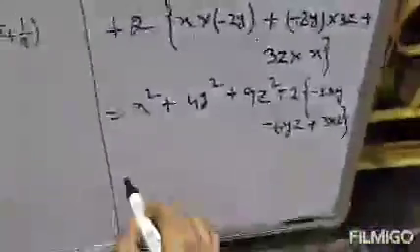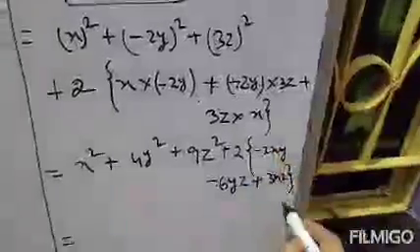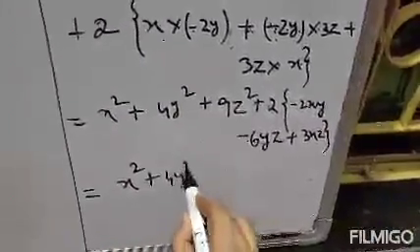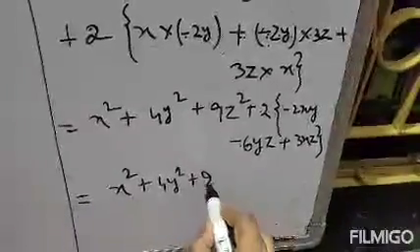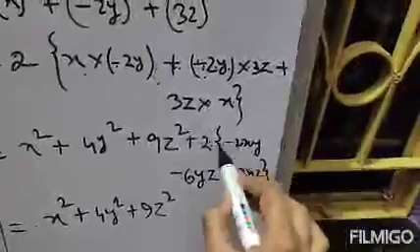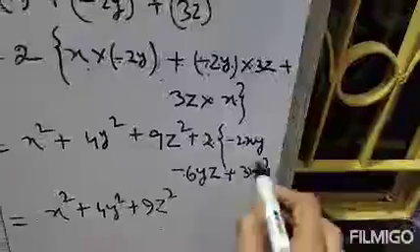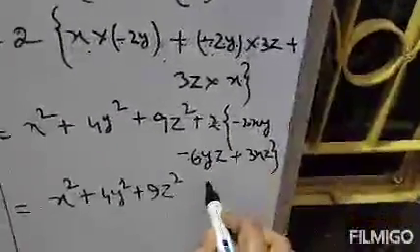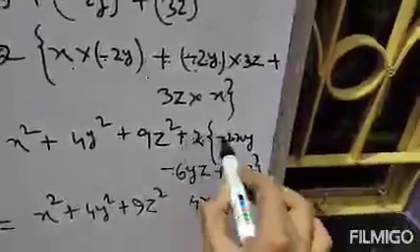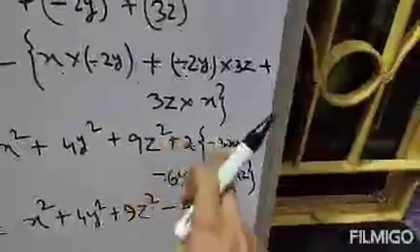Clear? Next, now the whole bracket portion will be multiplied by 2. So multiply, so this is x square plus 4y square plus 9z square. Now multiply, therefore 2 2s are 4, so 2 is multiplied by this one and 2 is multiplied by this one, so 2 2s are 4xy. Clear? And plus and minus gets minus. Whenever you open the bracket, then plus and minus gets minus.